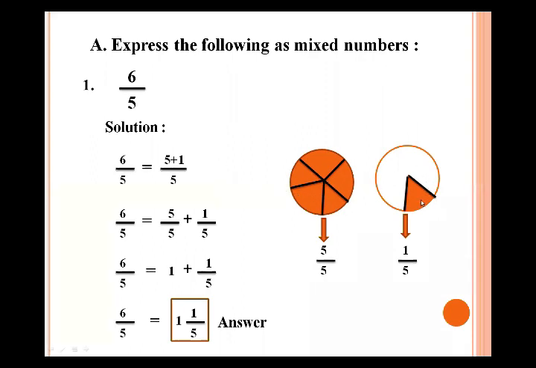Next one, only one part is shaded. So here is a 1 upon 5, because total parts are 5. Improper fraction is 6 upon 5. 6 upon 5 is equal to, here 5 parts are shaded. Whole shape is showing 5 parts, means 5 upon 5 plus only one part is shaded. Fraction becomes 1 upon 5. It means 5 upon 5 is the whole shape shaded. That's why the whole is 1 plus 1 upon 5. Improper fraction changes into the mixed number, 1 whole 1 upon 5.